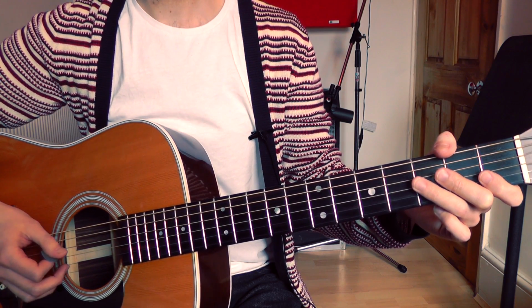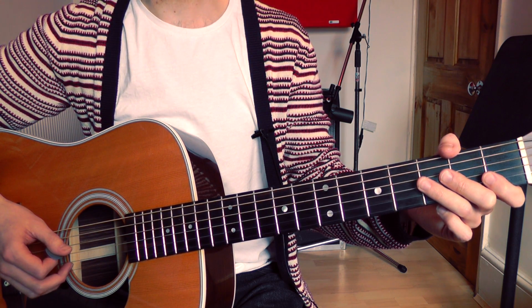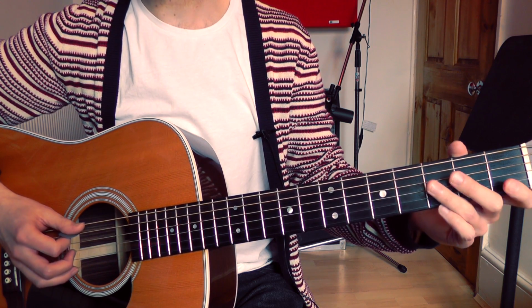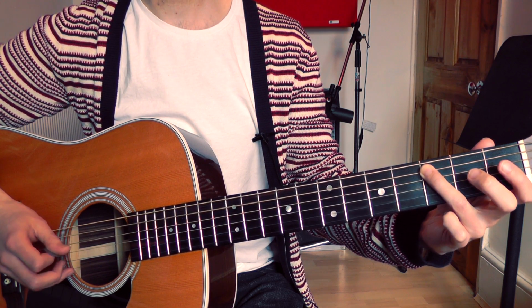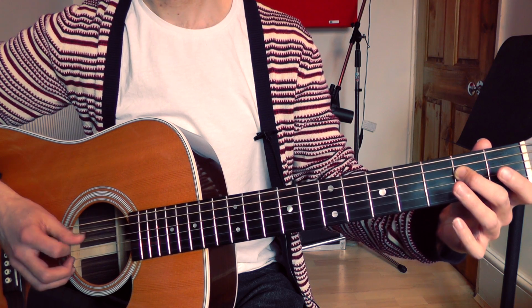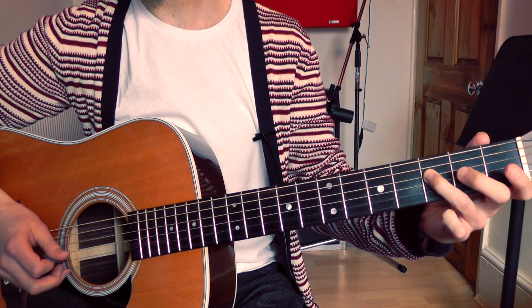Now, just as we have major and minor chords, so we have major and minor scales. And this scale is an A minor scale. We're going to start with an open 5th string, then 2nd fret on the 5th string, 3rd fret on the 5th string, open 4th string, 2nd fret on the 4th string, 3rd fret on the 4th string,